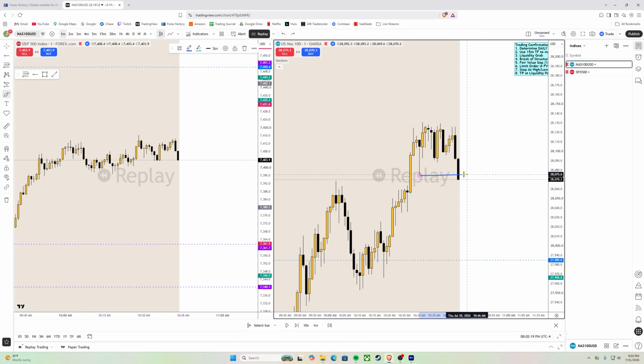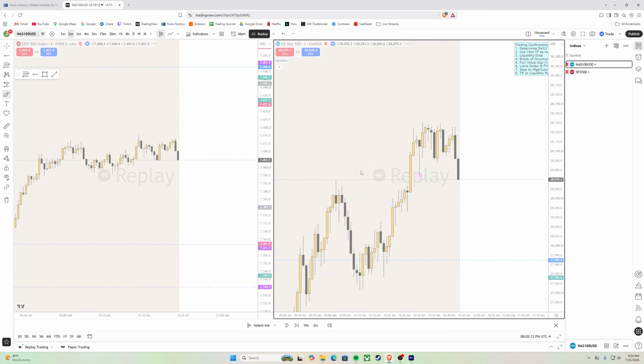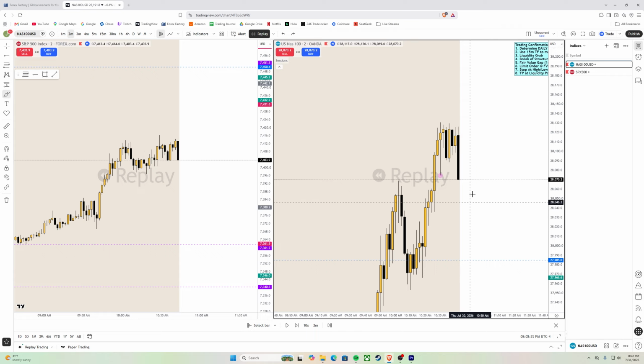Now price obviously broke the low, but there's no displacement on this time frame because you're seeing a lot of gold candles that unfolded here. So I would not be looking on the 1 minute time frame, there's nothing. However, if you want a 2 minute time frame, right? This is why you want to check the time frames. On the 2 minute time frame, you're seeing that this high got formed, and then you're seeing a bearish candle, but then you also see bullish candles with it. So there will be no entry on the 2 minute time frame.